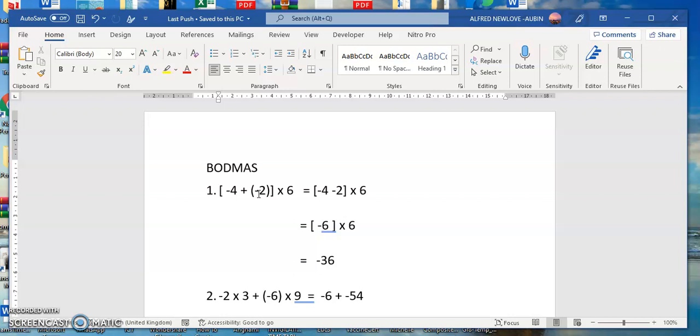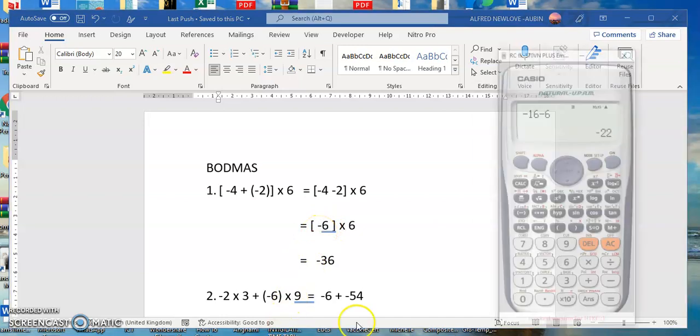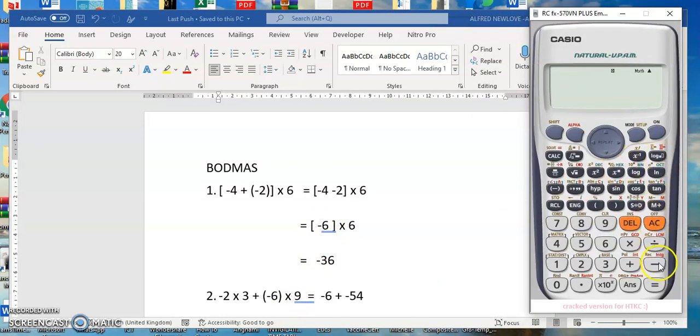Okay, so here, see that I've written this one in this form. Then we are going to simplify this one as well. So -4 minus 2 is going to give us -6. If you are not sure, you can press it on your calculator. -4 minus 2 gives us -6. I want to see the steps. Is that okay? And we are also learning how to use the calculator as well,